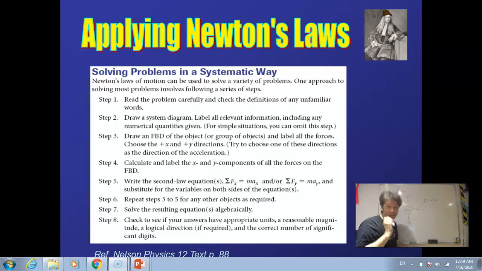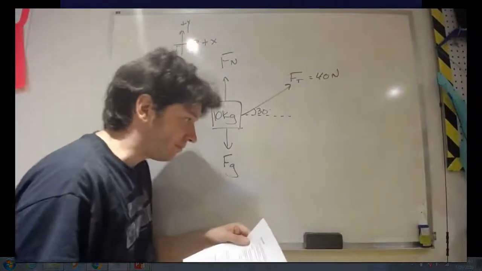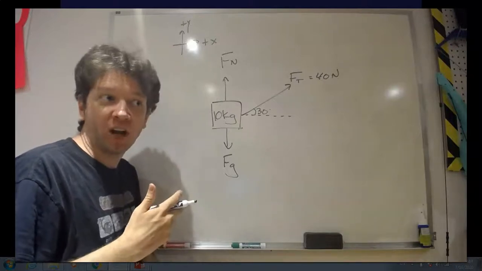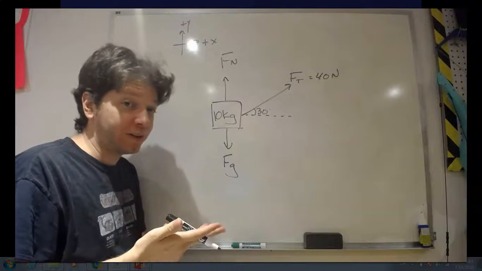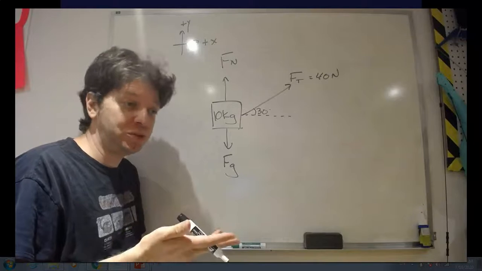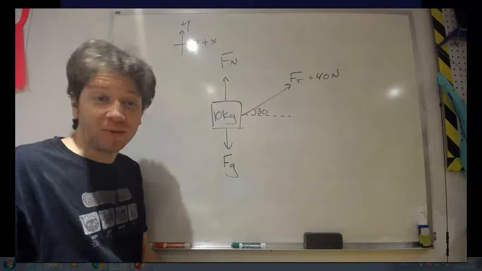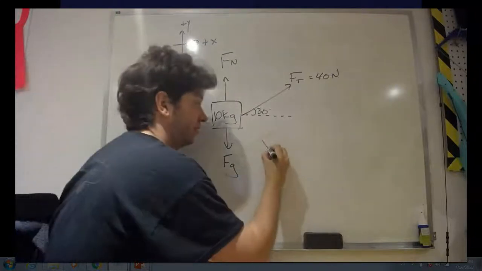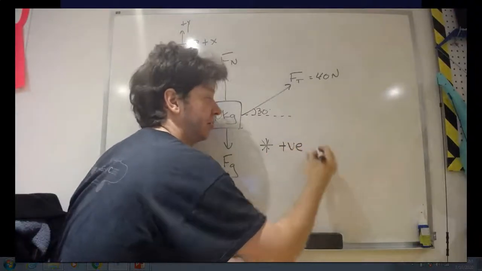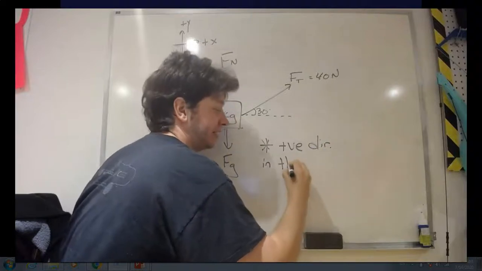Now I'm going to give you a hint, and this is a very, very important hint. Choosing the right coordinate system can make a question a lot easier. Choosing the wrong coordinate system, well, there is no wrong coordinate system, but there are coordinate systems that you can choose that make the problem unnecessarily difficult. And here's the hint I'm going to give you. Okay, you can even write it down. You're going to always choose your positive direction, positive, that's how I write positive plus VE, positive direction in the same direction